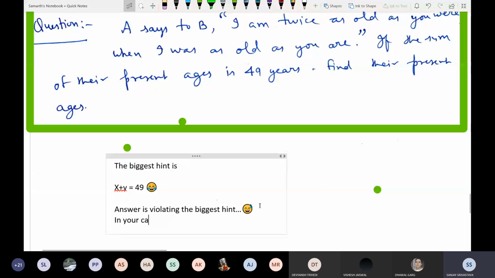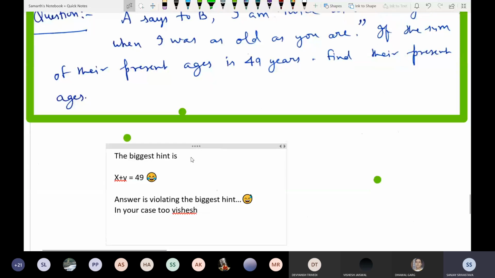Only one boy has shared the screen just now. Might be his answer is not correct, but he has made the effort. It is clear. And I want to see your efforts. That is the main thing. Divyansh, very good, he is making the effort. And Dhaval is also making a good effort. And Harshit, yes.